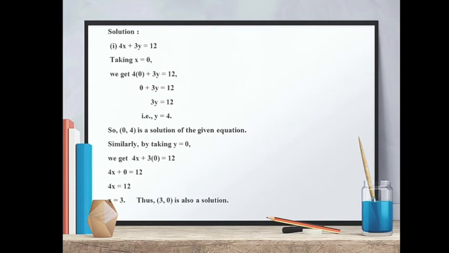Then the second question, 3x plus 5y equals 0. Taking x equals 0. You can take x as 1, 2, 3, any number, but I am taking 0. Okay, so if I am taking x as 0, then in place of x I will put 0. Then we get 2 into 0 plus 5y equals 0, and 2 into 0 is 0, that is 0 plus 5y equals 0, which is 5y equals 0.